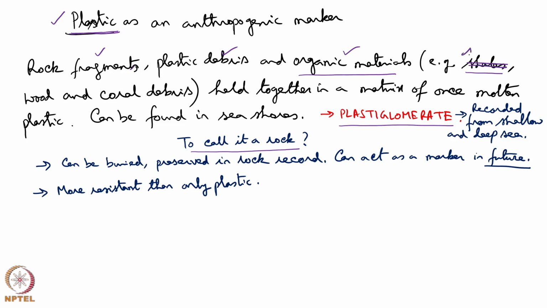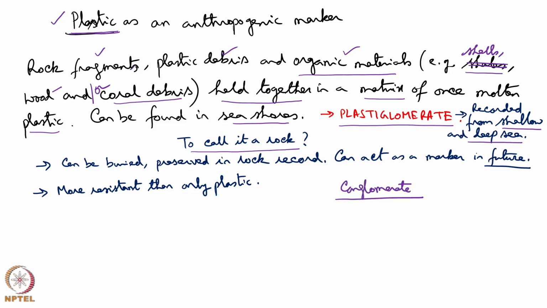Shells, wood and or coral debris which are held together in a matrix of once molten plastic. It can be found in the seashores, and there has also been record of plastiglomerate from the shallow and the deep sea. The word plastiglomerate reminds us of the well known rock